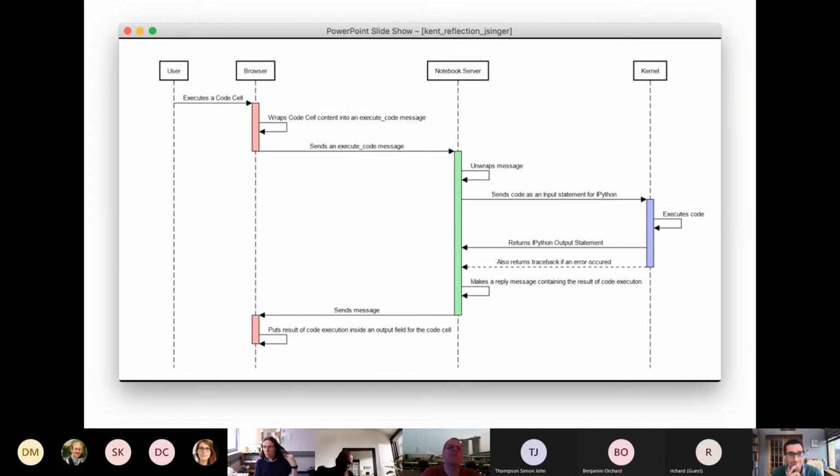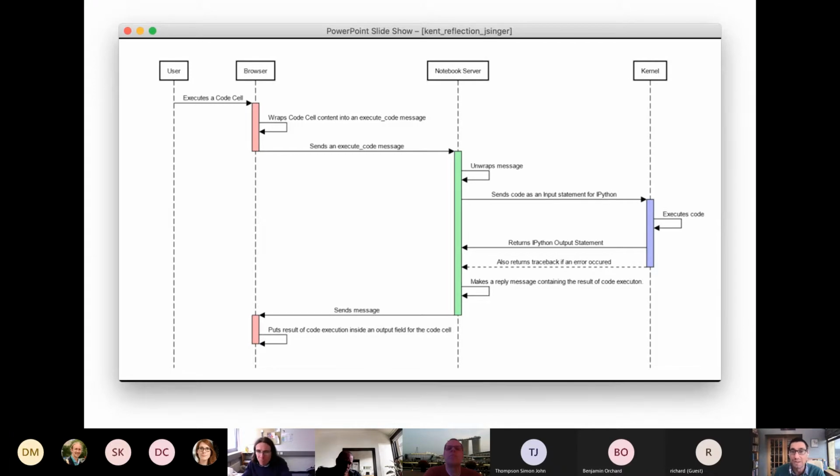So here's a UML sequence diagram. Here's a user clicking to execute a code cell in which they've typed in some data. Here is our browser, which sends over WebSockets or whatever some kind of message to the server, which could be a physically different device, which then sends the code all stripped down.